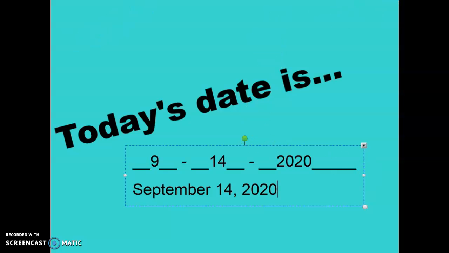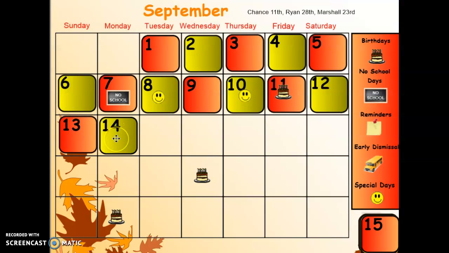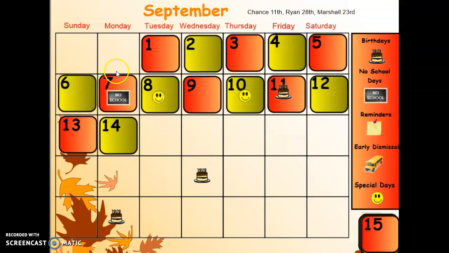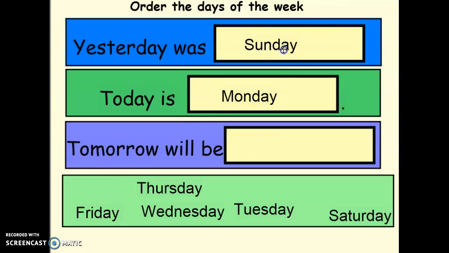Let's look back up at our calendar and see what day it is today. If today is the 14th, we go straight up and I see that today is, you guessed it, Monday. So if today is Monday, let's hop backwards to yesterday. Hop backwards to Sunday. Will you help me read that sentence, please? Yesterday was Sunday. So if yesterday was Sunday, today is Monday. Tomorrow will be